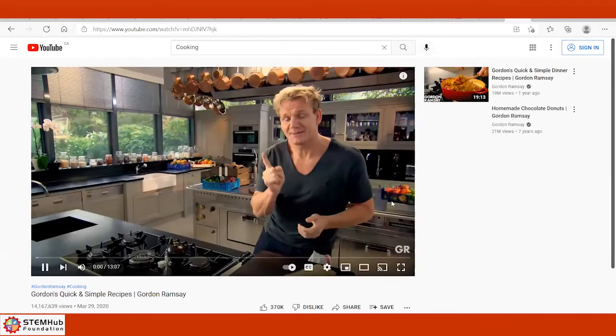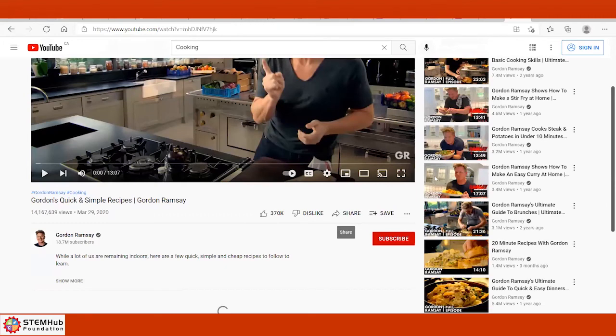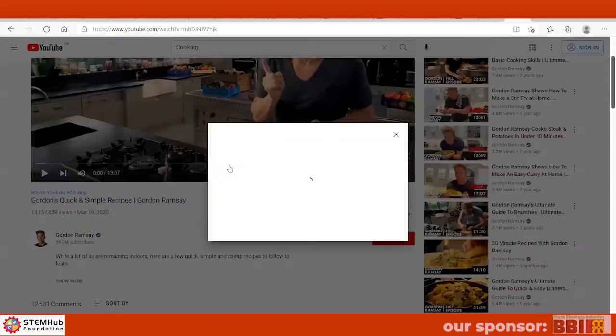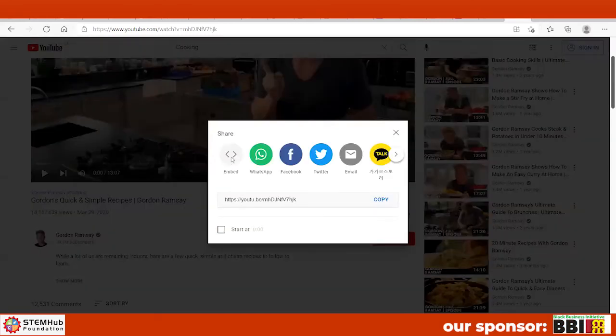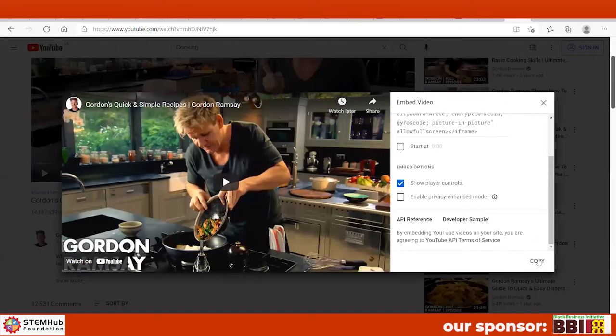So then you see the share button at the bottom here, next to the dislike button. You click share, you click embed, then you click copy.